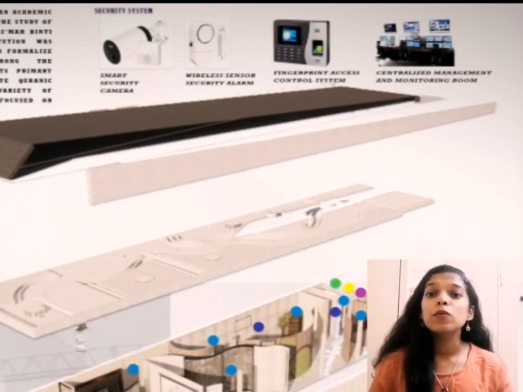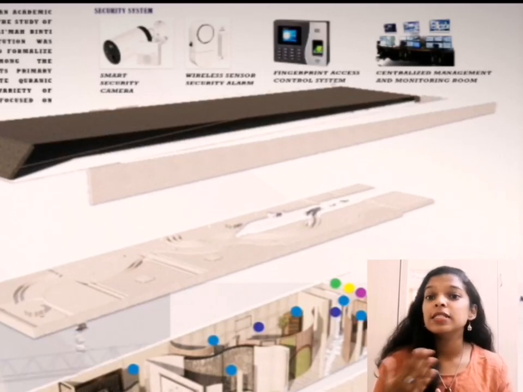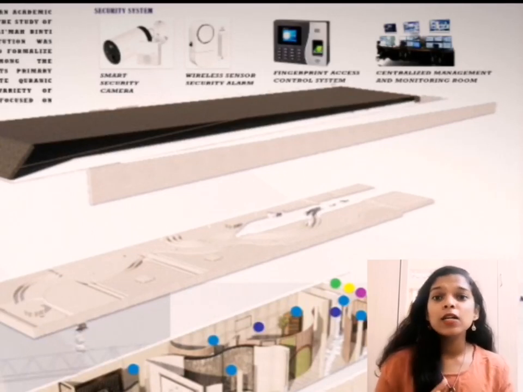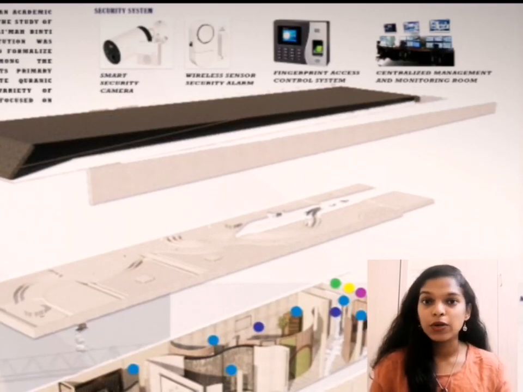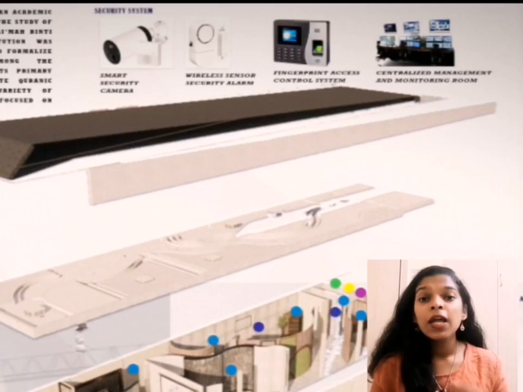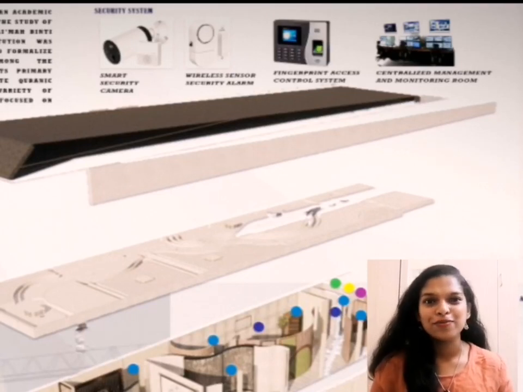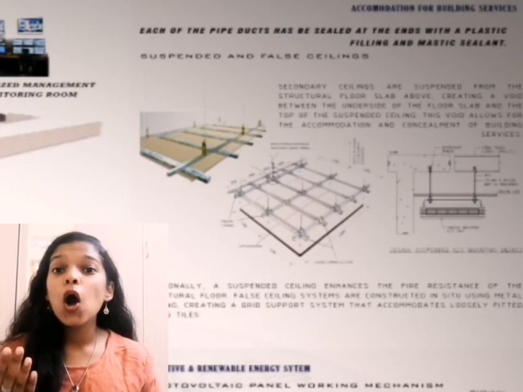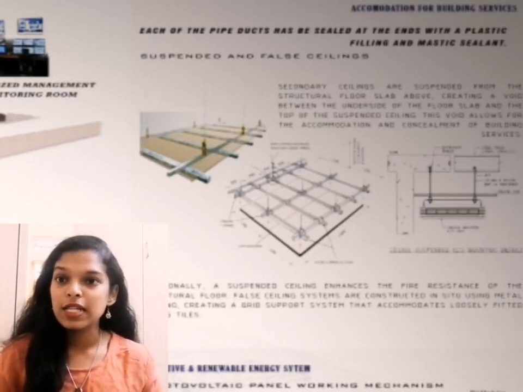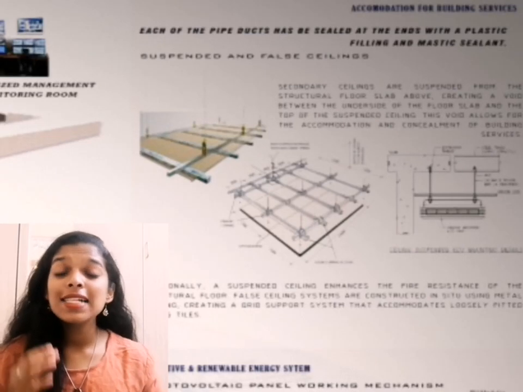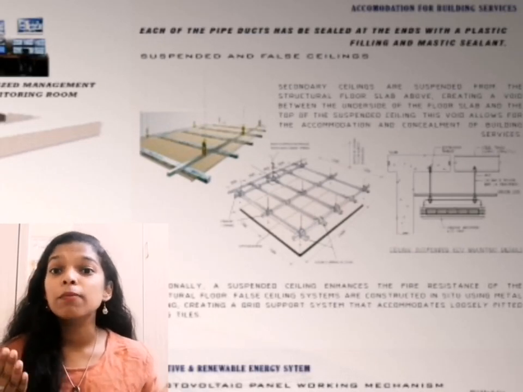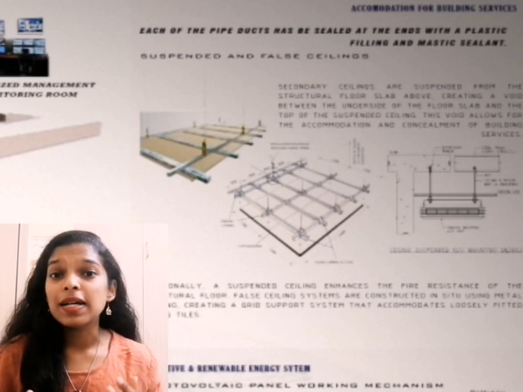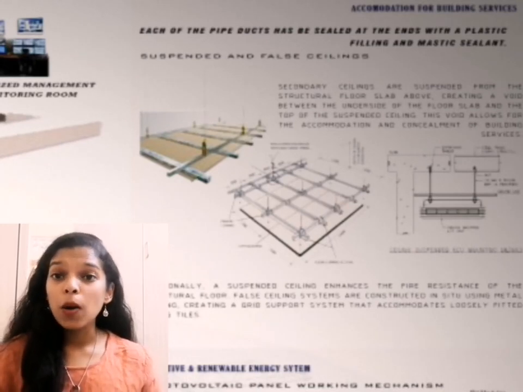The first, and the most essential, is the smart security camera. The second will be the wireless sensor security alarm. The third will be the fingerprint access control system. And the fourth will be the centralized management and monitoring room. We will look into the accommodation for the building services. Each of the pipe ducts has been sealed at the ends with a plastic filling and mastic sealant. The type of accommodation